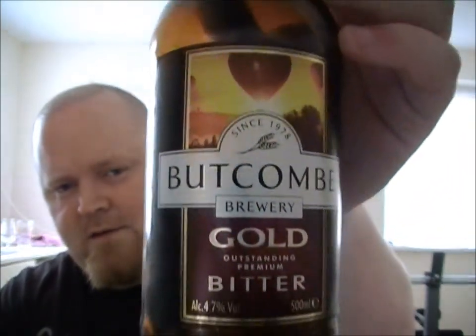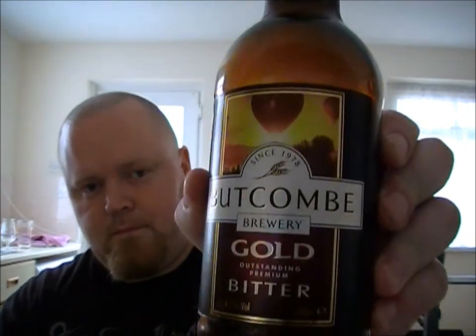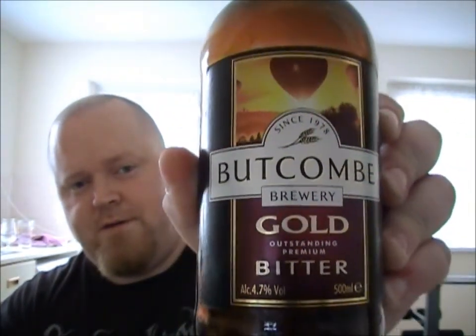It's very inoffensive. It's got a nice bitterness at the end, and it's good for summertime and barbecues and all that business. So rating wise, it's going to get a 6 out of 10. So if you see it in the shop and it's on offer, give it a go, because it's a nice